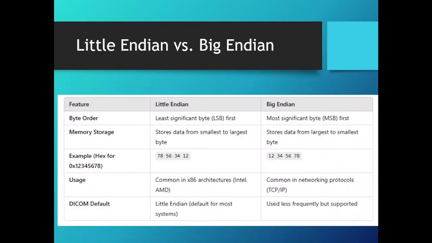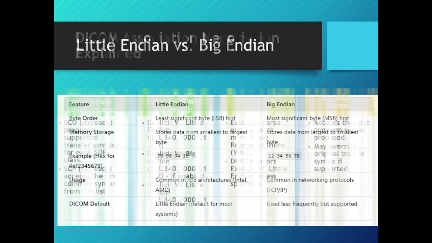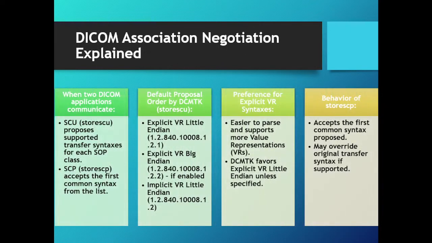So why is that? This is a little description about Little Endian and Big Endian. Little Endian stores the least significant byte first, versus Big Endian stores the most significant byte first. And Big Endian is used less frequently now. So that's why I still include these slides here. So the reason